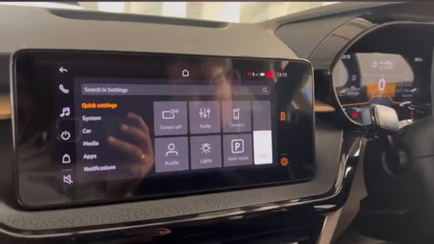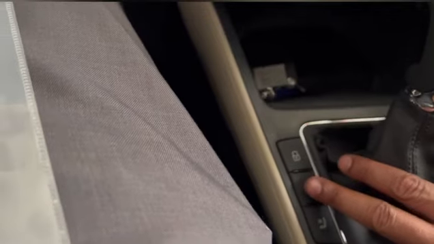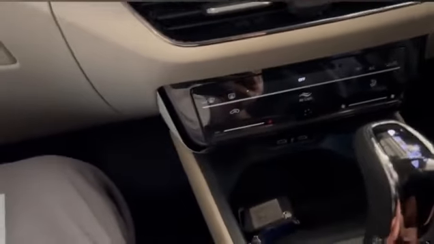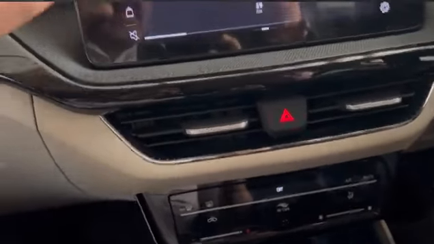Next, we have another feature here. This is known as idle start-stop recuperation. Now, in this feature, let me just see if it's on or off. Just a second, if possible. Let us see. Yesterday, this is what